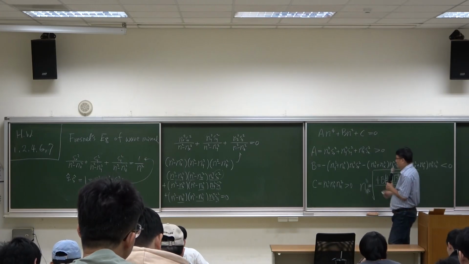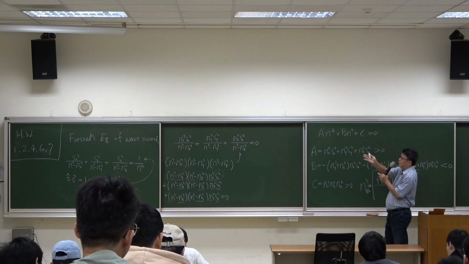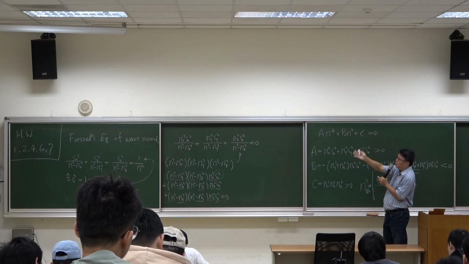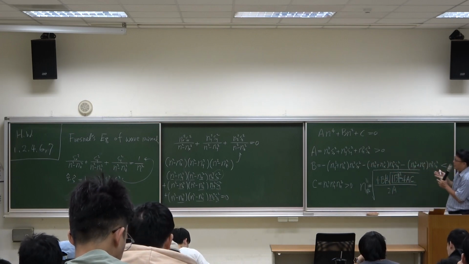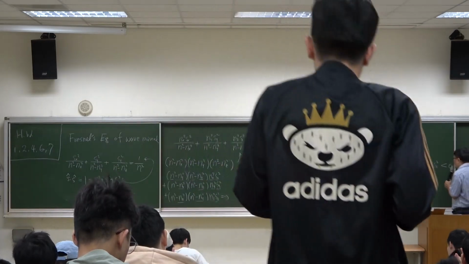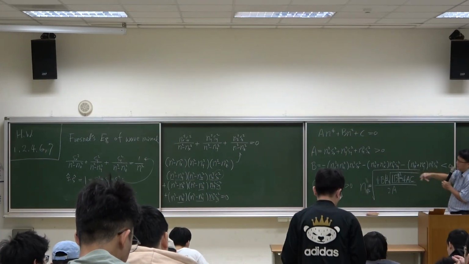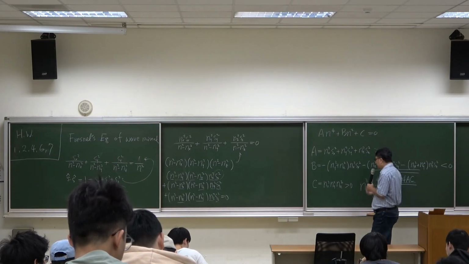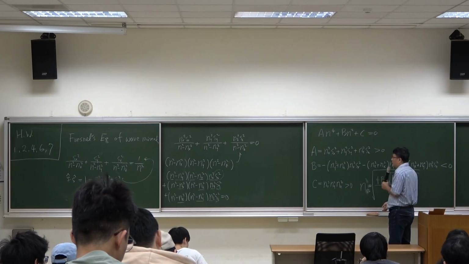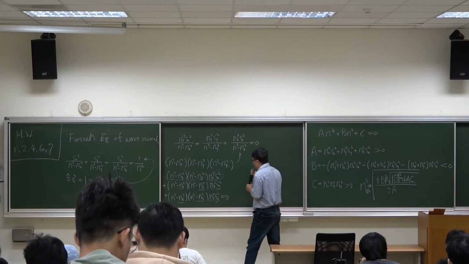So the solution means that when you are given a propagation direction, there are two possible refractive indices corresponding to this same propagation direction. 就对应到一个固定的传播方向，你会有两个可能的折射率。